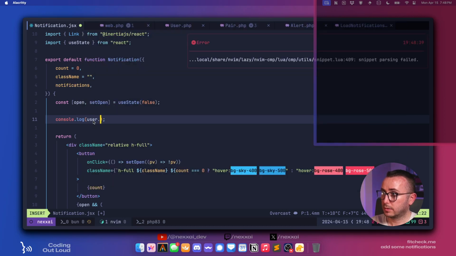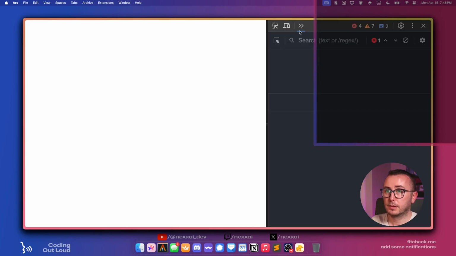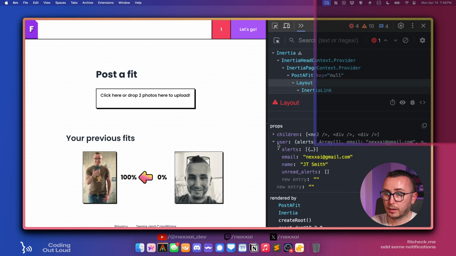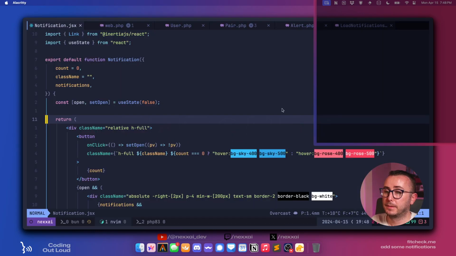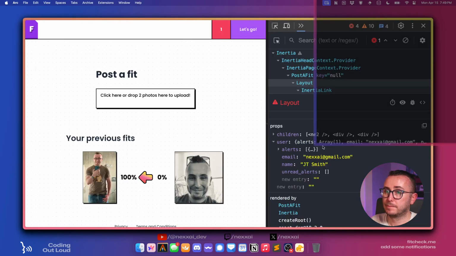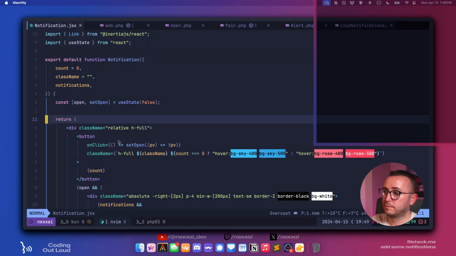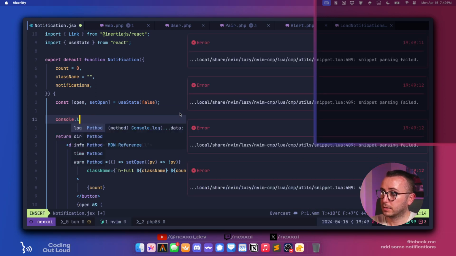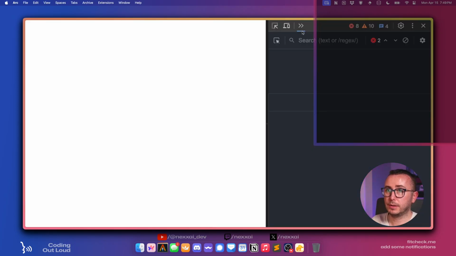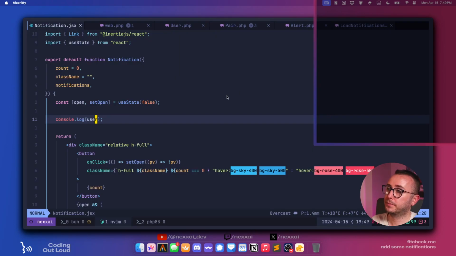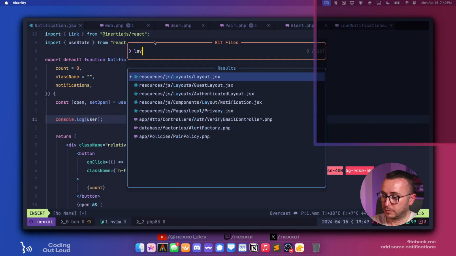Let's just take a look at something here. We go user.alerts. Yeah. So even though we're in the layout, apparently we don't have access to the user, which is interesting. So the log user. Do we have access to the user at all? We do not. User is not defined at notification. Okay, well, what if we